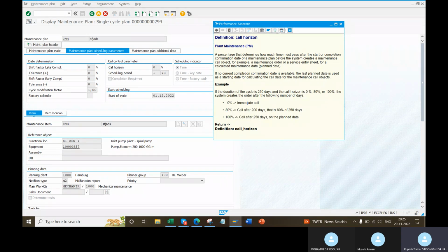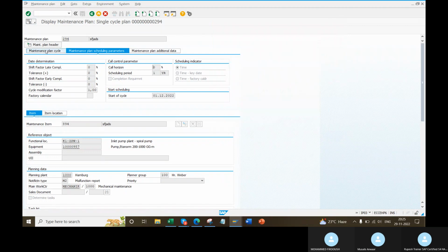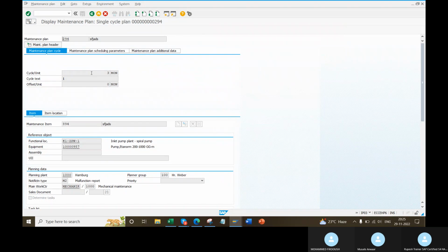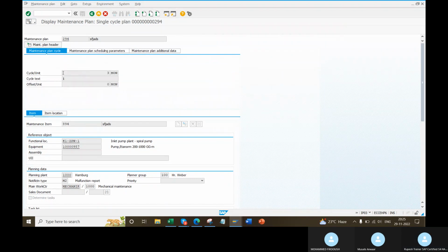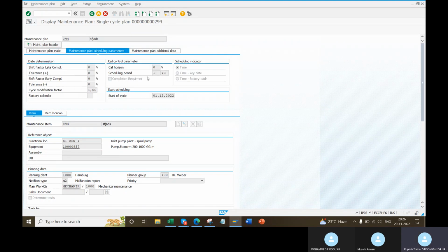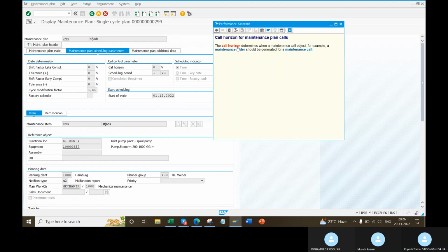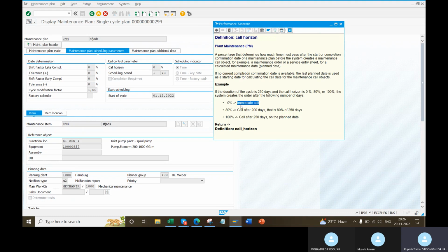For 0, there will be only one call. But the second call, sir, the cycle length should be 1 year, no? Then only it will take immediate. If the cycle here is 3 months, that's the reason it comes for 4 times. If callers are on 0, see here, immediate call. I know it will come as only one call.